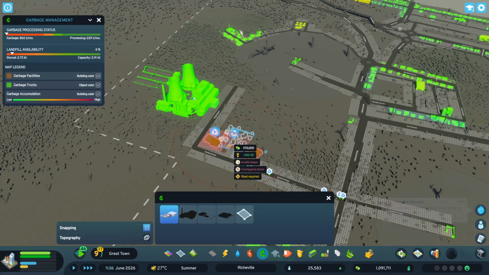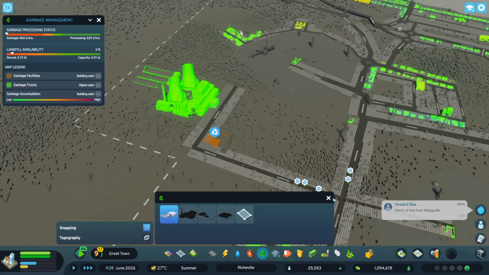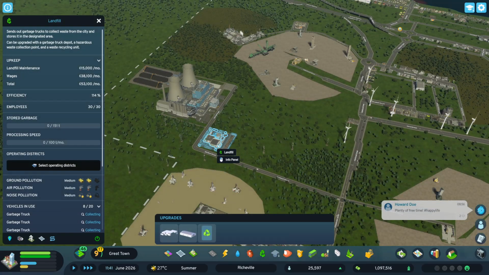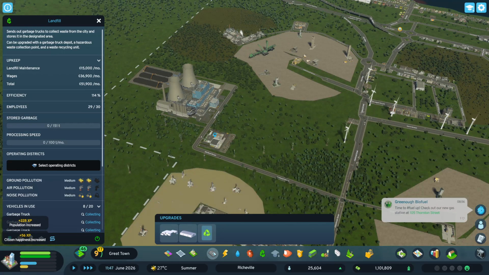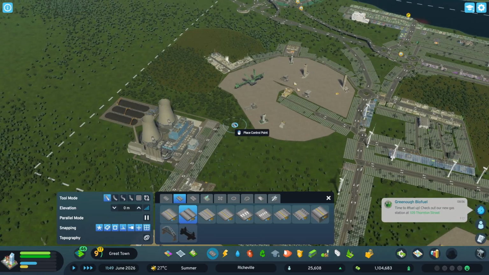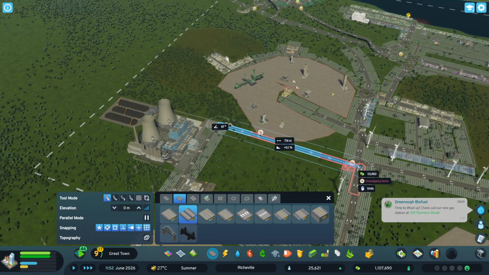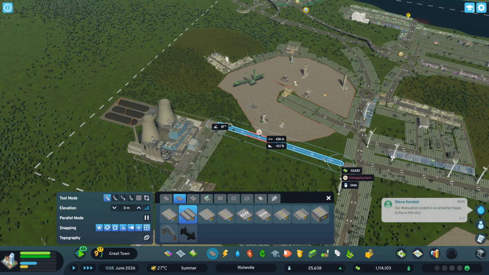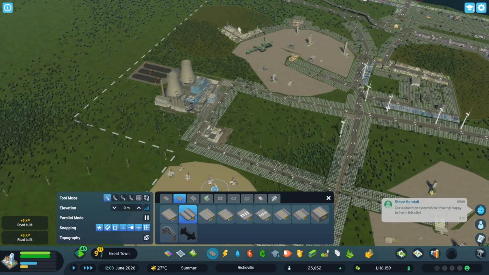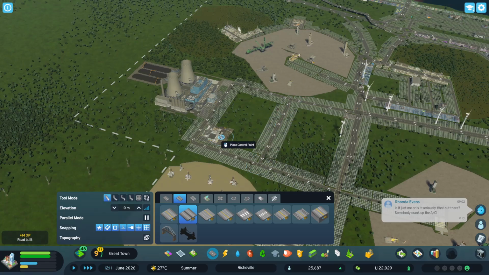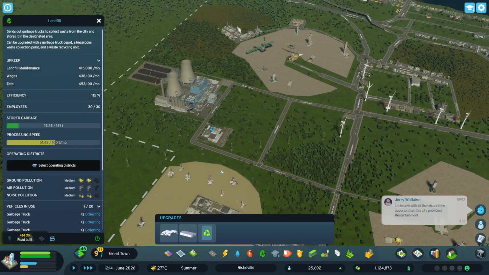What the heck is overlapping with this? Let's delete this. I think we need to build a separate road connection here. Right, and then you, sir,